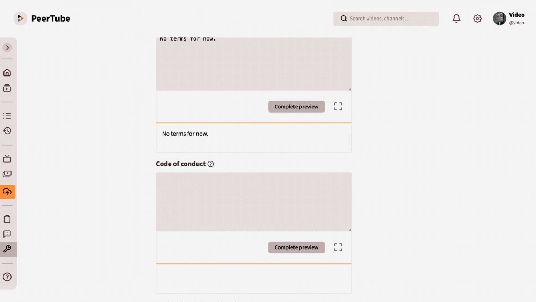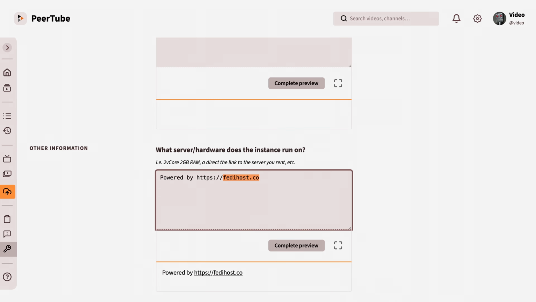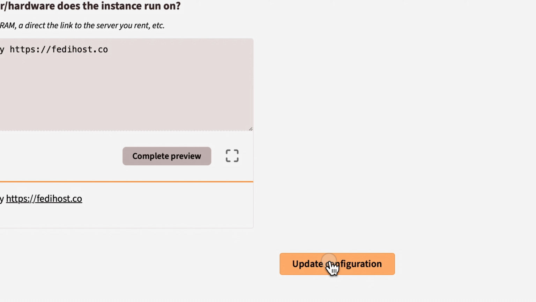You're going to have other user accounts. You'll want to fill these in. These are all fairly obvious. This field's quite useful to fill in if you're hosting it on your own VPS, just because the Fediverse and PeerTube is quite resource intensive when encoding videos. So it's quite helpful to let people know how you're achieving things with your instance. So we'll hit update configuration and then jump on over to the basic settings.